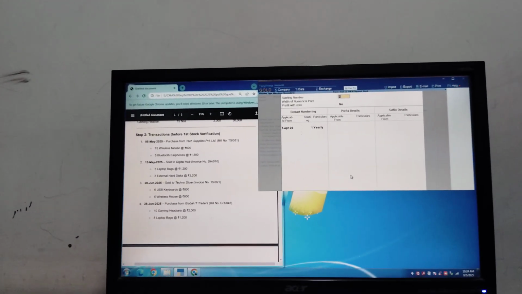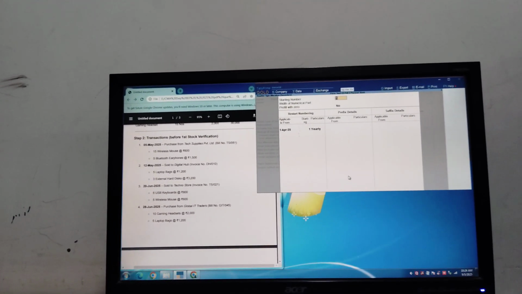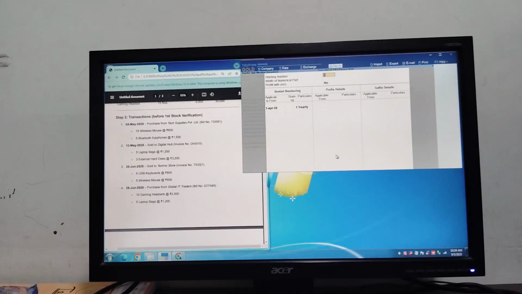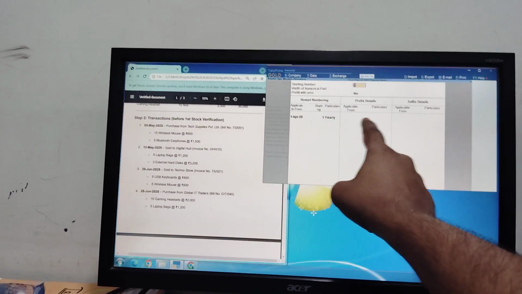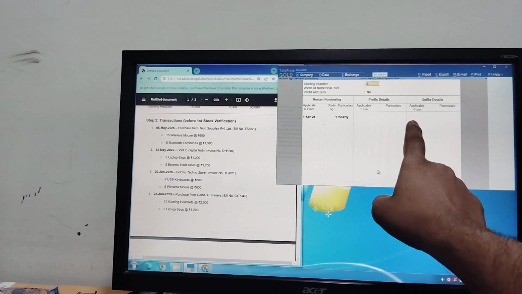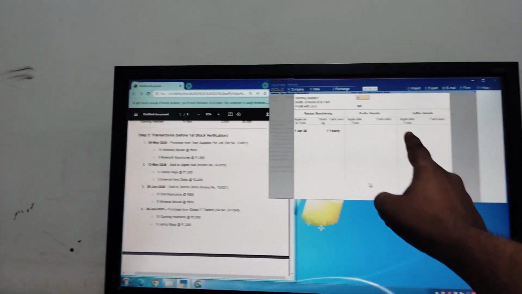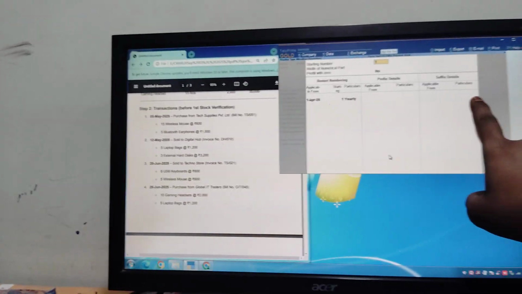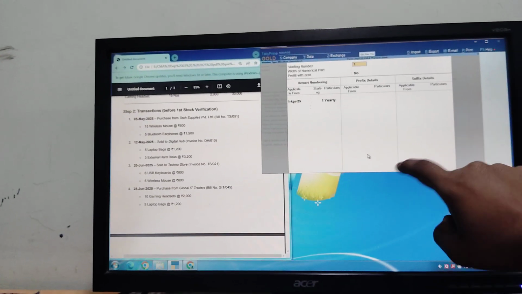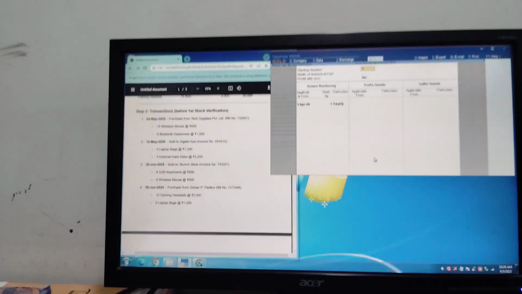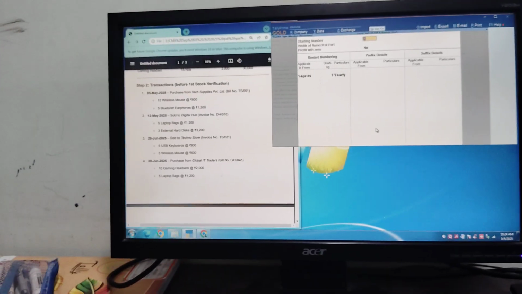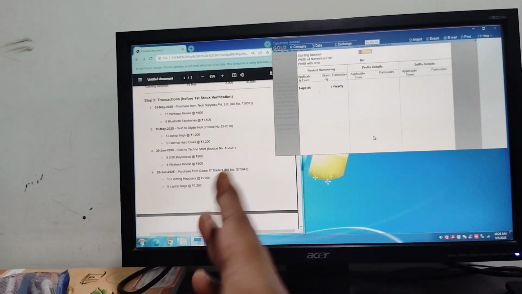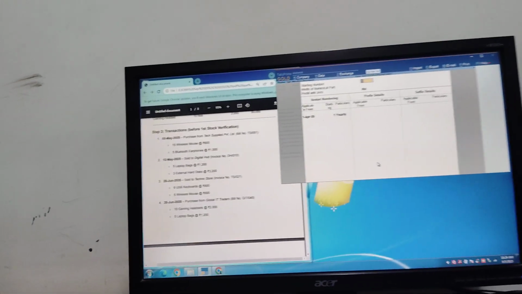Currently we will not do this because in the question these are already given, otherwise we can do that: 1 4, then in prefix PUR means purchase, and here also 1 4, then in suffix slash 25-26 year. But here we will not do that because in the question it is directly given.